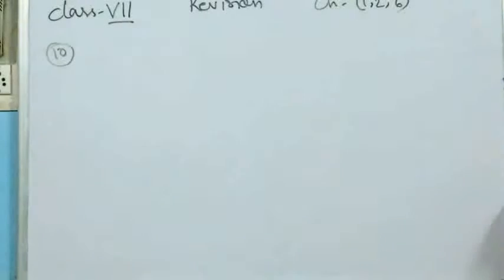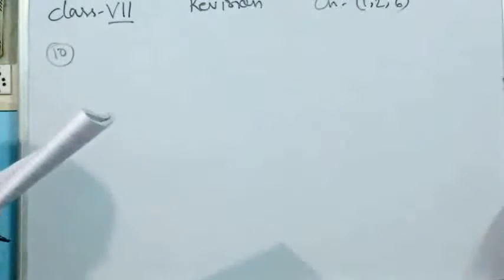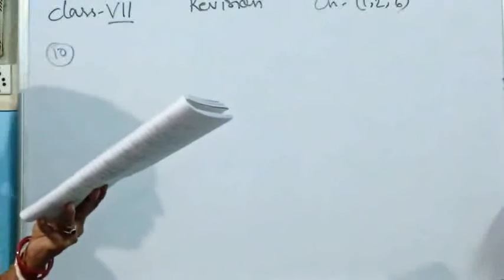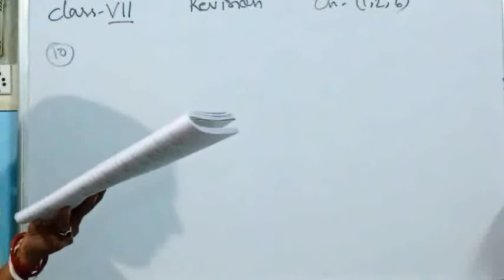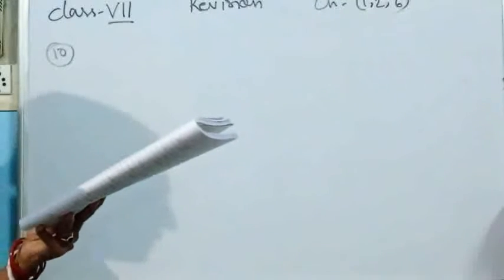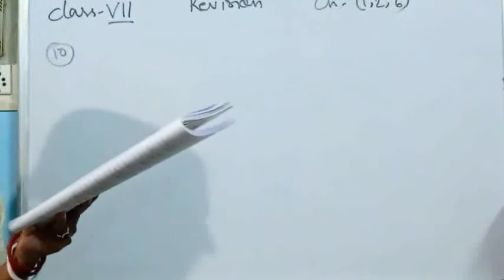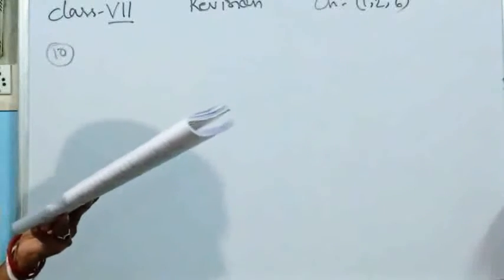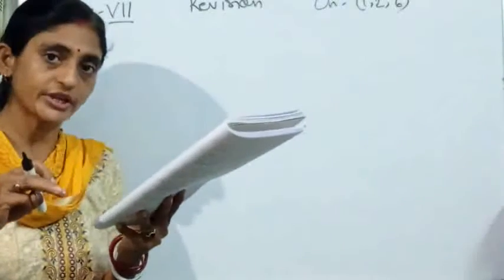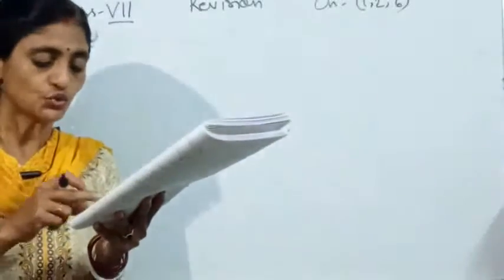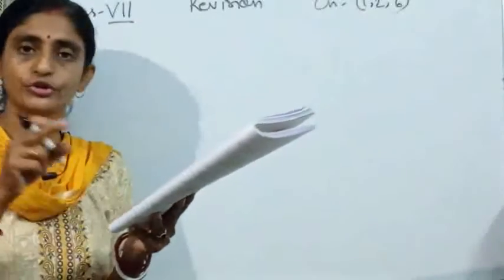Let's come to question number 10. Here it has been asked that how many pieces of plywood, each 0.45 centimeter thick, are required to make a pile of 2.43 meter high. So the height of the pile has been given 2.43 meter and the thickness of one sheet has been given 0.45 centimeter. So here you can see two different units has been given. So what you will do? First you will make them the same unit.